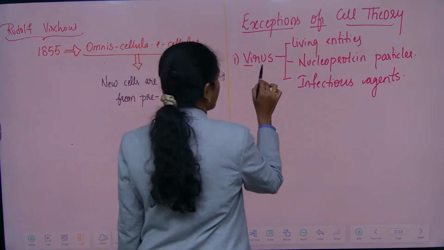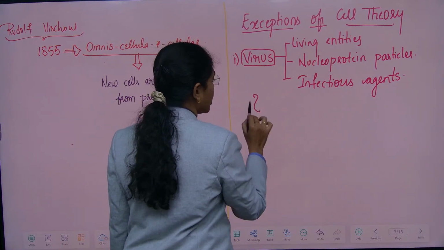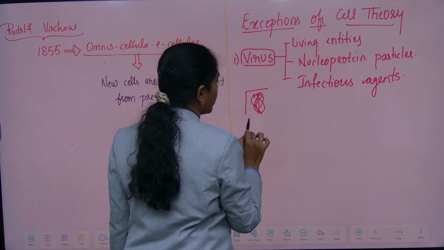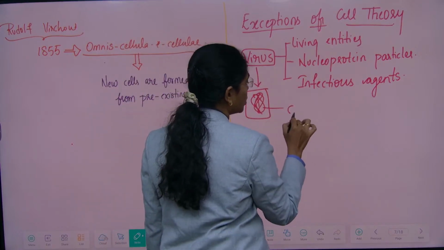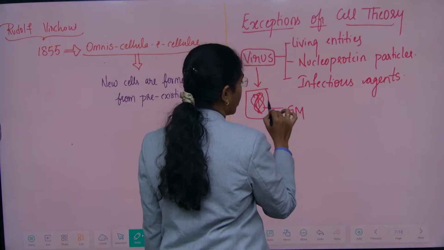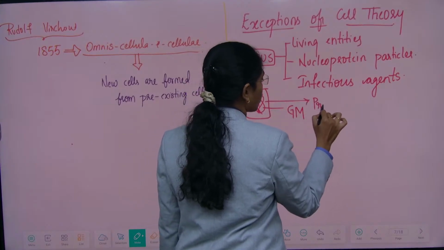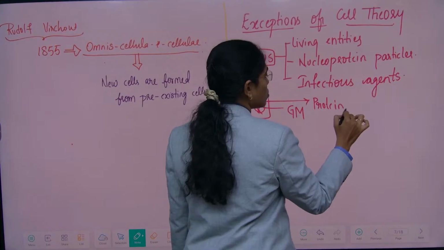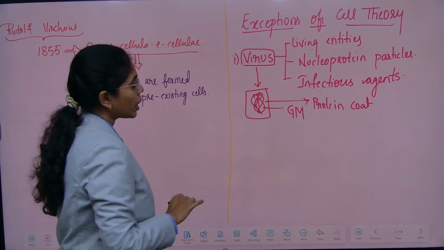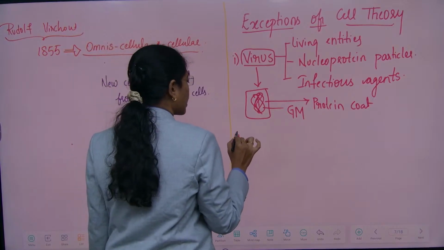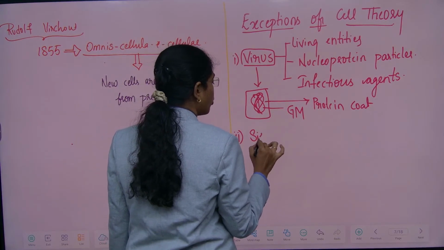How will a virus be present? Just a genetic material surrounded by a protein coat. So, to viruses cell theory is not applicable. And the next example we can take is sieve tube cells